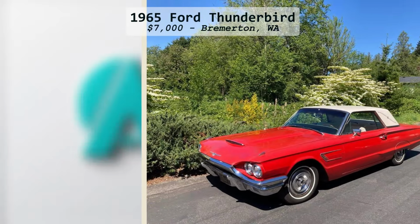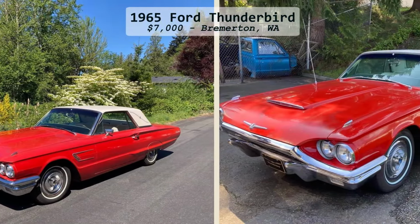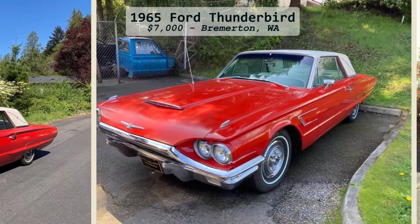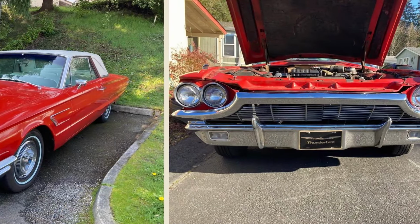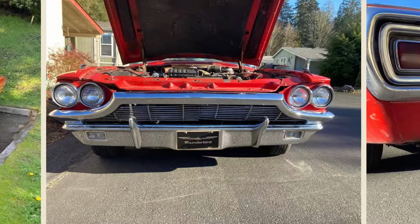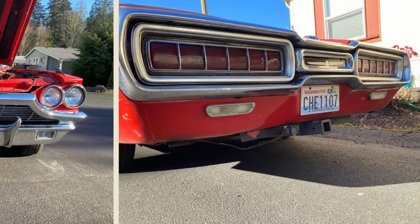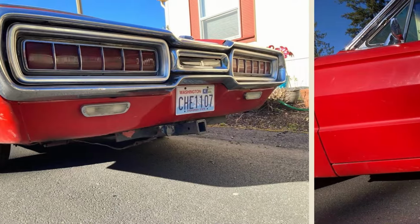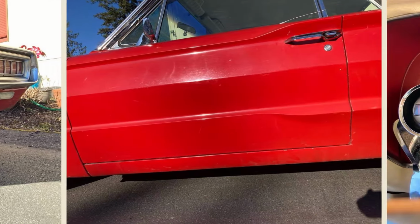This 1965 Ford Thunderbird is a true classic, blending elegance and performance in a sleek coupe body. With an original Rangoon red finish, this T-Bird has retained much of its vintage appeal, including its original glass, vinyl top, and interior. Under the hood, the 8-cylinder engine has undergone $3,000 worth of mechanical work, ensuring a strong running